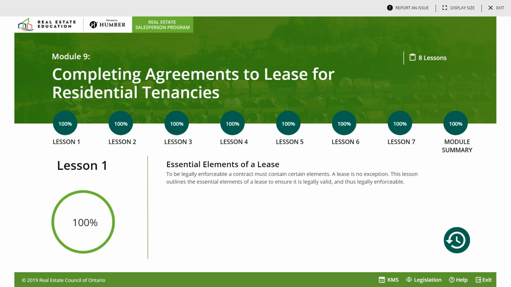Title search is usually performed by the buyer's lawyer. The requisition date is the deadline by which the buyer's lawyer must submit a list of items to be corrected by the seller's lawyer prior to closing. Seller has an obligation to inform of all major easements. Easements give the right to cross or otherwise use someone else's land for a defined purpose. Restrictive covenant restricts what a property owner can do on their property.